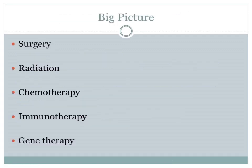If you look at it as a big picture view, we've gone from basically only surgery, that was the only option. Fast forward basically 40 years, radiation, another 40 years, chemotherapy, 100 years to immunotherapy and gene therapy. And I think that's where the next wave, what our generation will see, is we're discovering the receptors, and then we're designing drugs to pinpoint those receptors to help with cancer therapy and targeting, at also the price that we will have to balance,